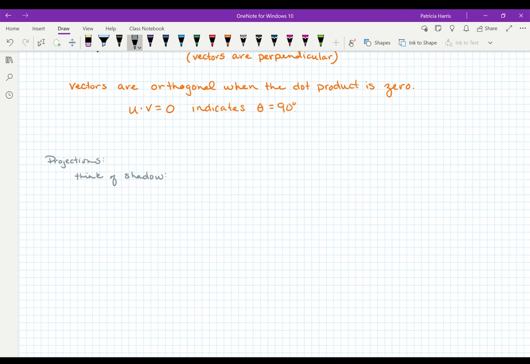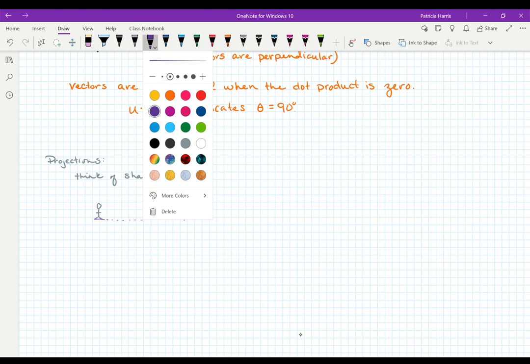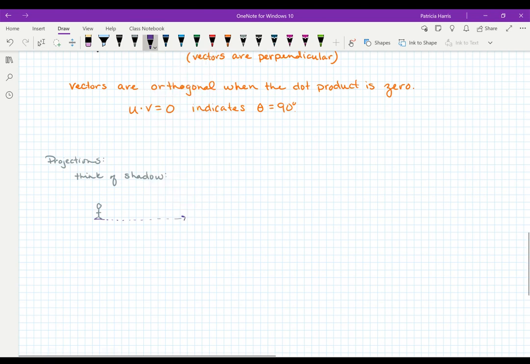ground. Okay, so here's you. Forgive the artwork. Here's the ground. Okay, sun's coming down, and we're projecting your shadow onto the ground. Okay, and what happens is, whatever we're projecting to, we're going to create a 90-degree angle. Okay, this is a really bad picture. Okay, so if we project